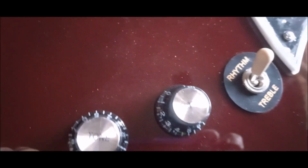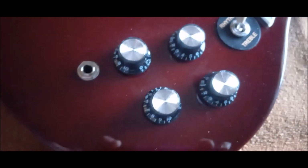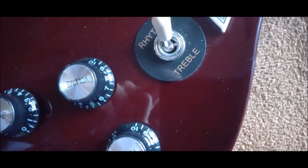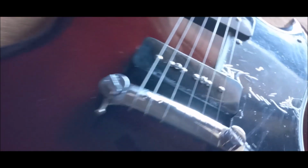It's got the lightning bar. You can see the lightning bar right there. It's got your 2 tones and 2 volumes. There we go. Now, the thing about this one is, it's got the wraparound bridge on this body, but if you'll notice, get it in the light, there you go, there's a dimple right there, and there's another dimple just behind the